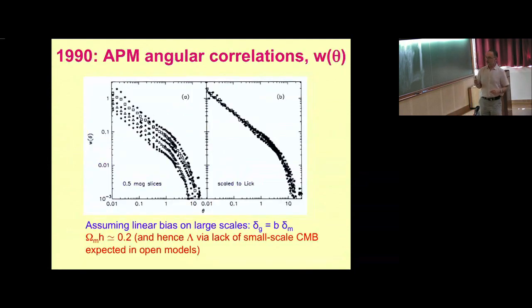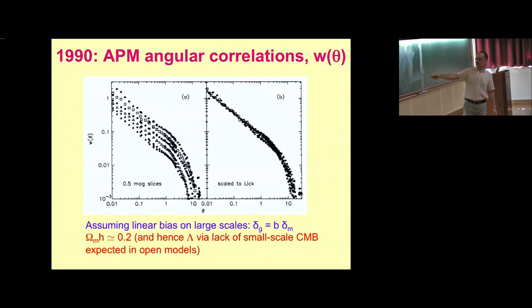Okay, so that was the technology. So probably the first experiment that powerfully exploited this was the Cambridge generation of the APM galaxy catalogue. This is from photographic plates. Here are their angular clustering. Different lines here show you samples of different depths. I mean, basically, if you